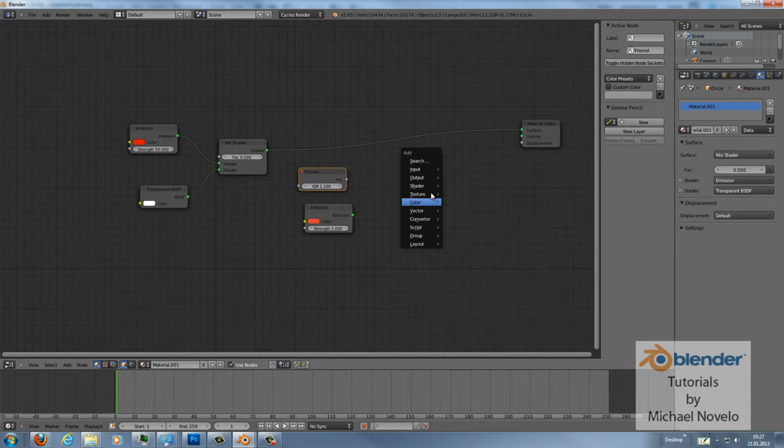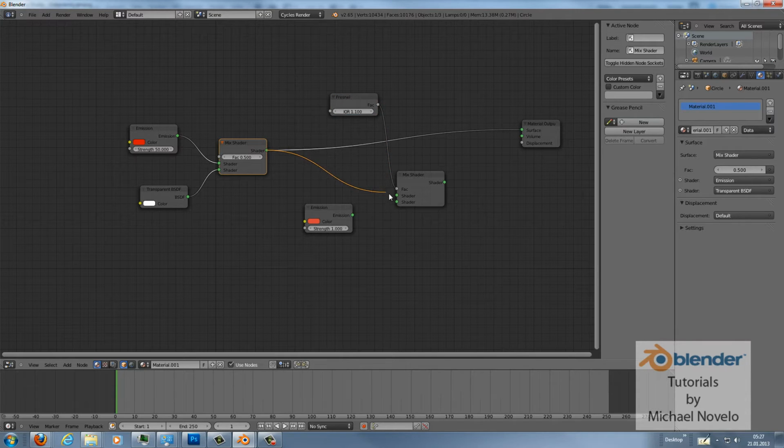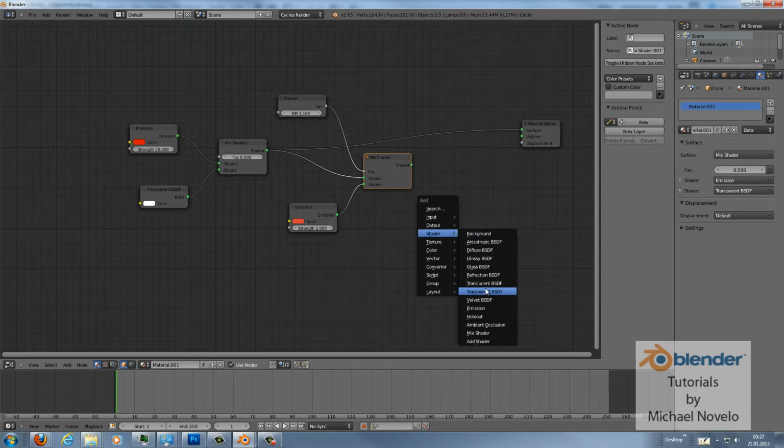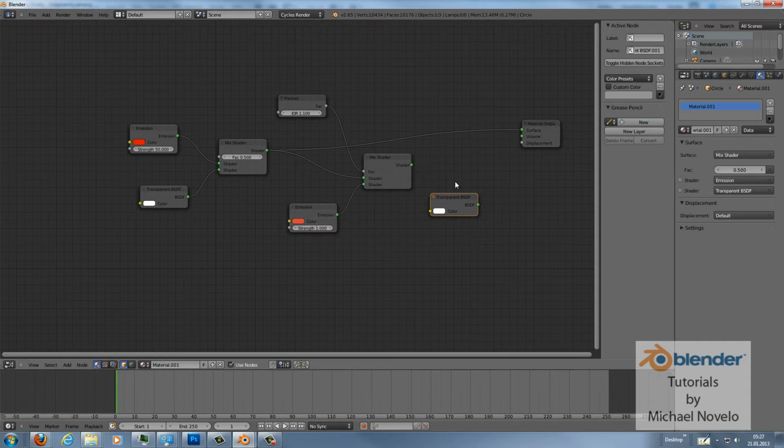Then add another mix shader, and this mix shader will receive the vector from our Fresnel. The first will be our first emission color, and then the second emission color. Then we put another transparent shader in here to get the transparency overall. Another mix shader, and the factor 0.5 is okay. On top put the emission nodes, and here the transparency node, and go to the material, delete this,